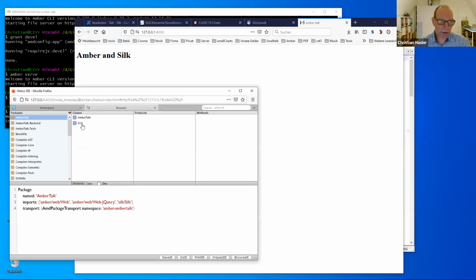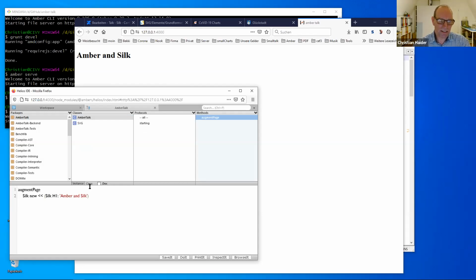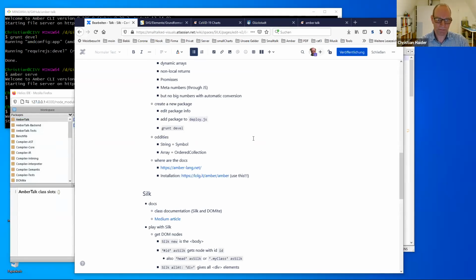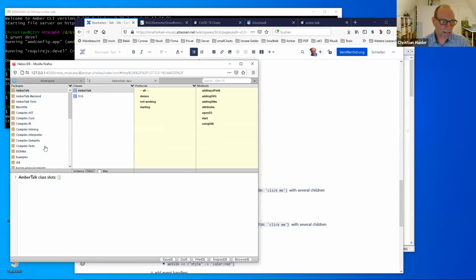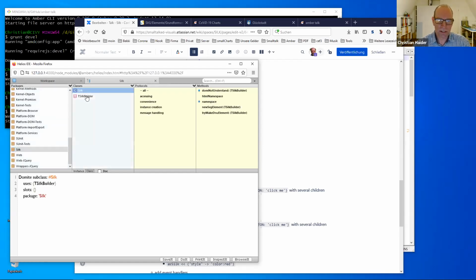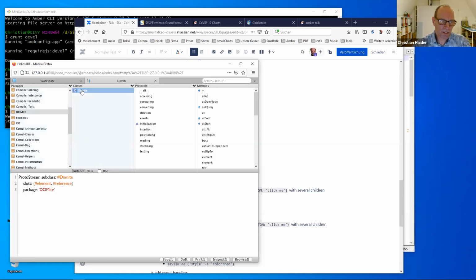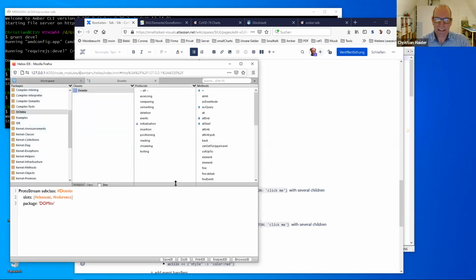Just a little tiny mini project, and I have a few snippets to show you what's going on, or what we can do with Silk. First, there's some documentation about Silk. Silk is basically a little tiny package here, just a class and a trait, and it doesn't have many methods. It's a subclass of DOMite, which is here. This is also very tiny, but it's basically the bridge to